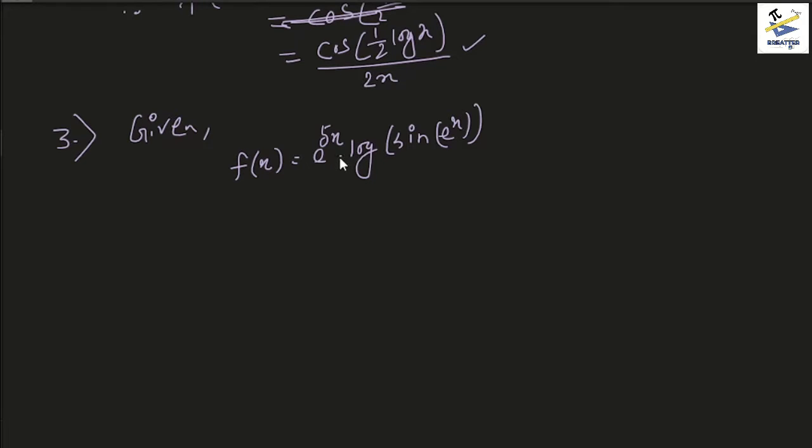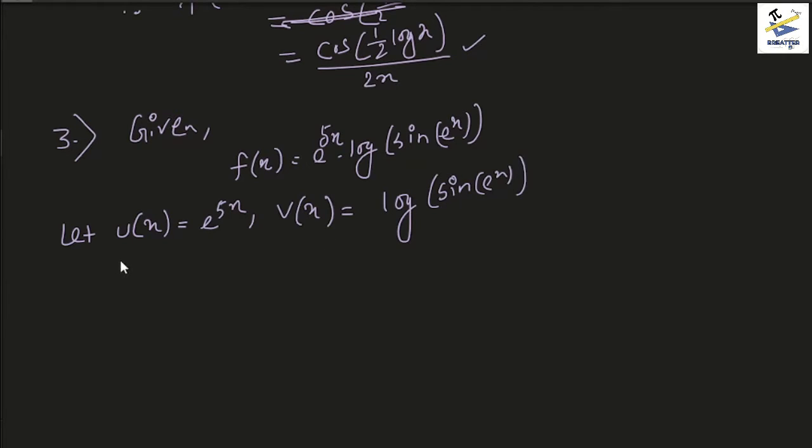So first of all, this is a product of two functions, right? So let u of x equal e to the power 5x and v of x equal log of sine of e to the power x. Okay,